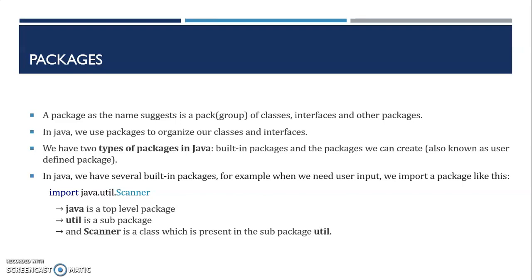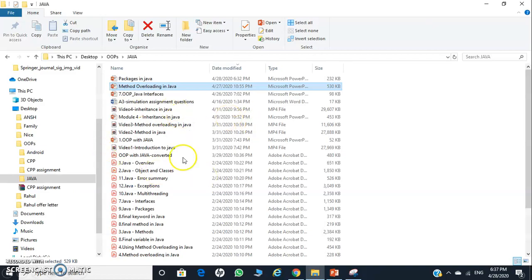For example, let us see this figure. This is actually the organization of files and folders in my computer system. Actually, packages in Java can be considered similar to the organization of files and folders in a computer system. Here, you can see the folder desktop. Inside the desktop folder, I have certain subfolders. Inside the subfolders, I can have again sub-subfolders. Inside the sub-subfolder, again I can have sub-subfolders or files. Like that it will be going. We are arranging files like this.